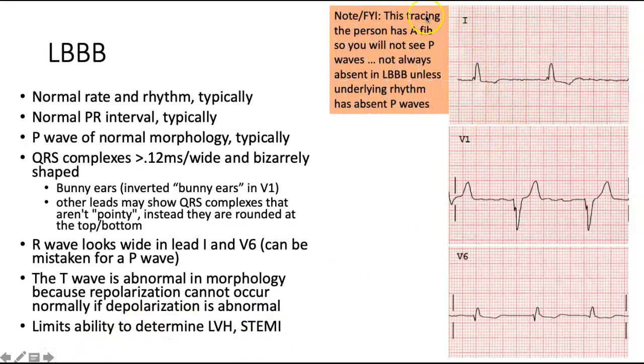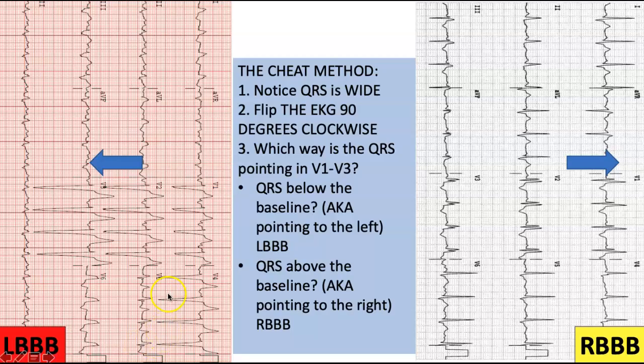And again, in this tracing, the person has AFib, so you don't see the P waves. So the P waves can be there. It's just what the underlying rhythm is that the left bundle branch block will be in addition to the underlying rhythm. So here's the kind of cheater way of determining whether you think it is a right bundle or a